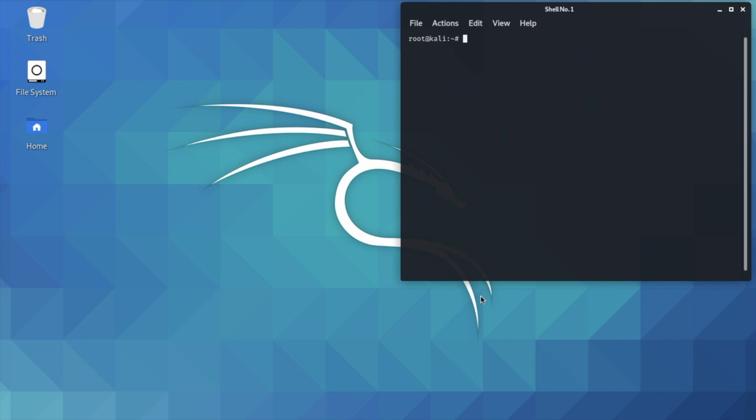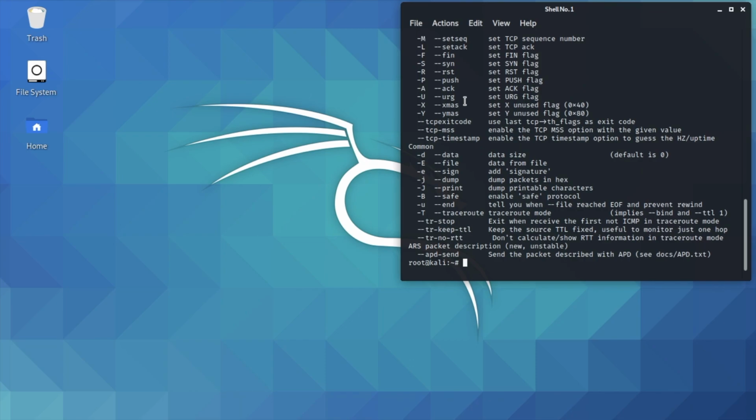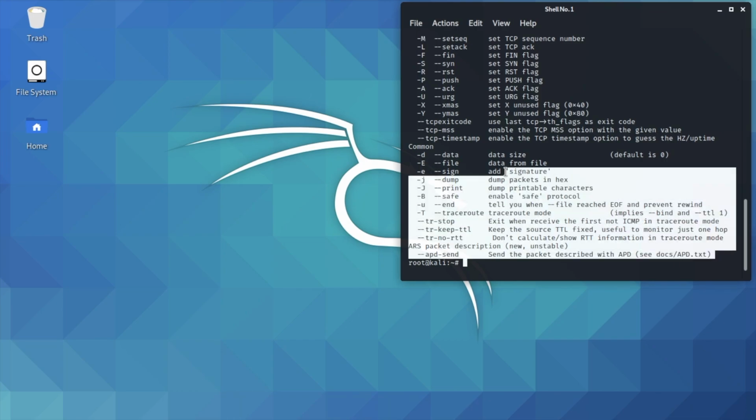Type hping -h. Here h is the parameter to list down the help page, all the commands of the hping utility. Here you can find all the listed commands of the hping utility.